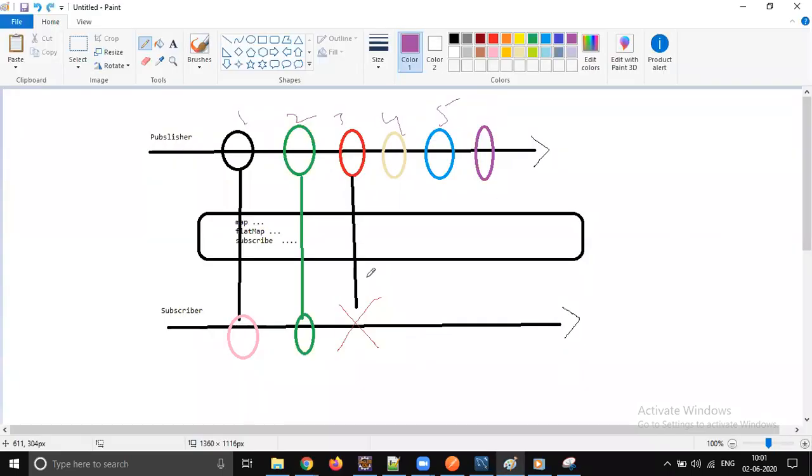Now let's think there is no exception. Then the data will be successfully transferred. All the data will be transferred from publisher to subscriber: the third element will reach here, the fourth element also, and the fifth element also.